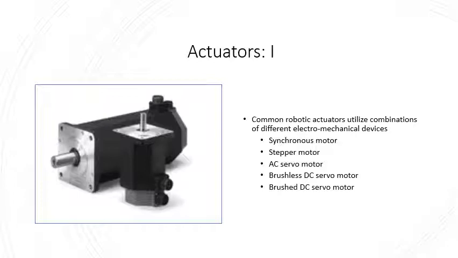If it is less than the synchronous speed of the rotating magnetic field, then it is known as an asynchronous motor. Synchronous motors are widely used in areas where precise and constant speed is required. And then the stepper motor, we will know that in terms of increments, by means of angular increments the rotor will rotate.